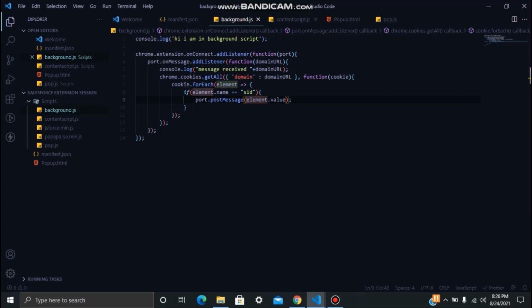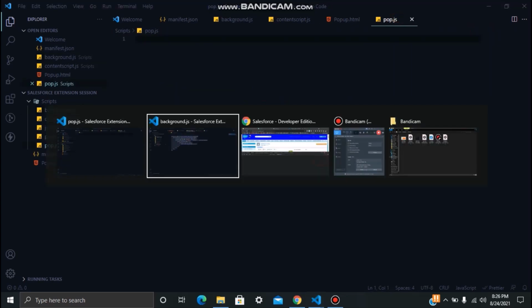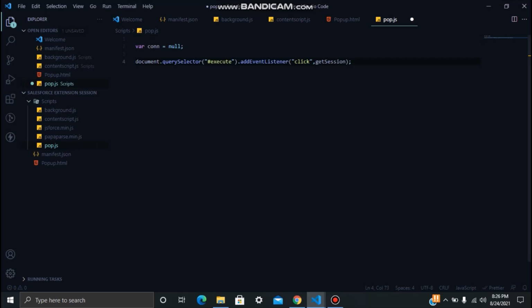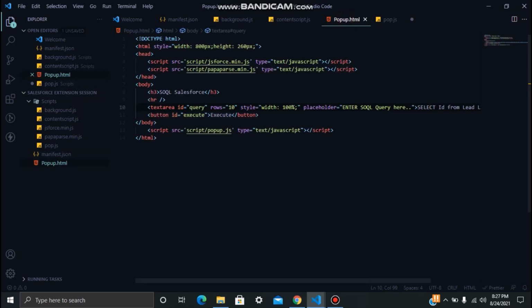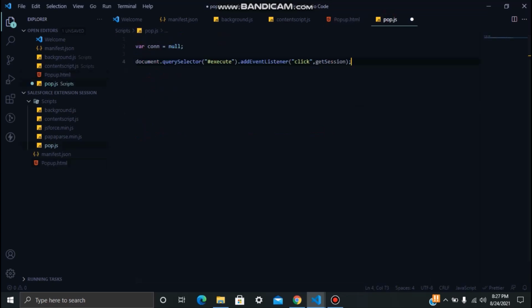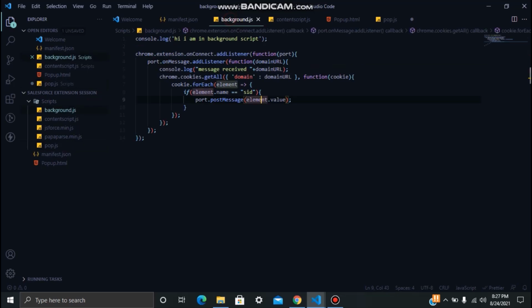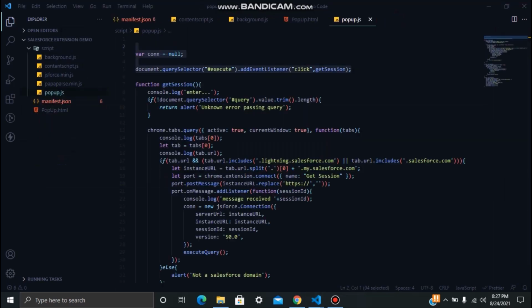And next we have to give pop-up.js all the code. I'll quickly copy all this code. First we have the two lines where we have declared connected as null, and a document query selector which gets the execute button and saves it into the event listener, and it will get the session from background.js.